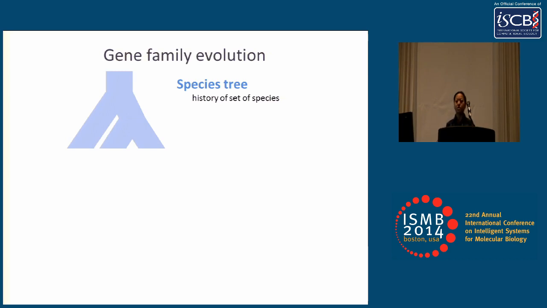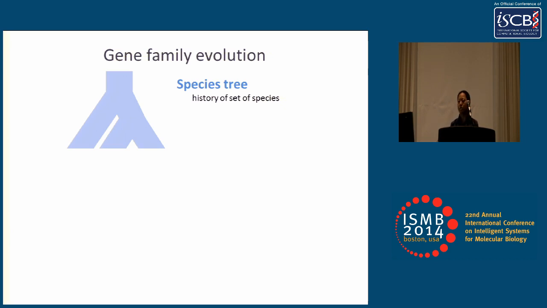So the problem we're going to try to consider today is if we have a set of genes from multiple species, how might we determine how they have evolved? And to understand this gene family evolution, we're going to be interested in two types of trees. So one is the species tree, so that gives us the history of a set of species. So for example, here, every time we see a bifurcation, that means that an ancestral species has split up into